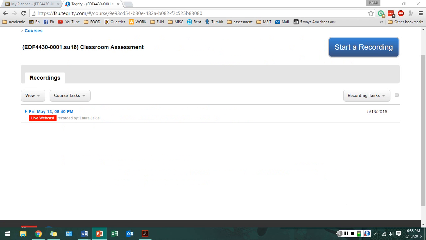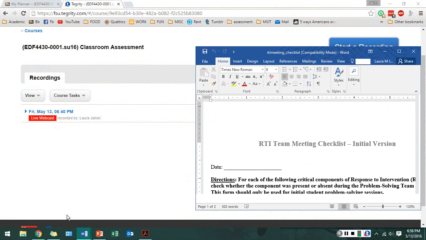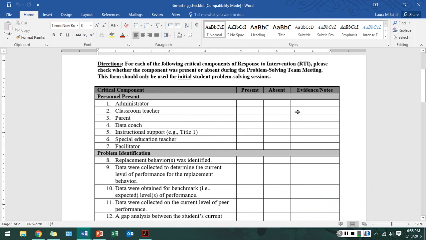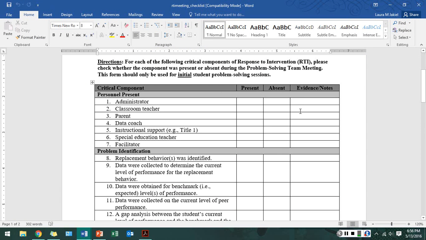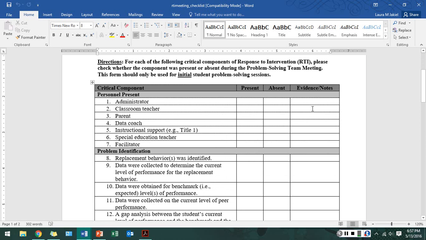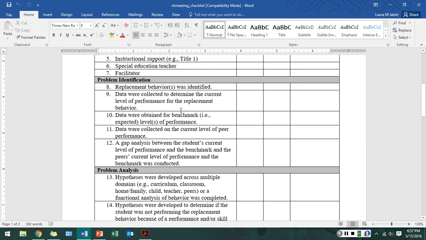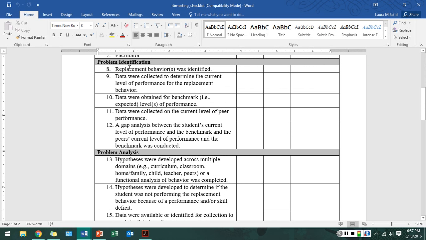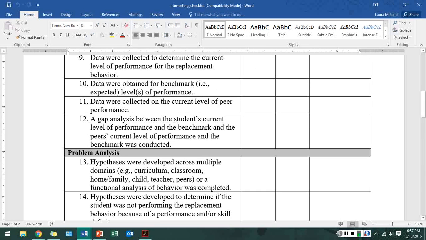So let me show you the IEPs. All right, so here's the meeting checklist. This is one that's coming out of the state. So Florida, one of Florida's versions. This is a district of Florida that has this particular RTI one. They make a note of every person there. But what you really want to start noticing is that they talk about the problem identification, that you have all these different things that you're capturing, the gap analysis,